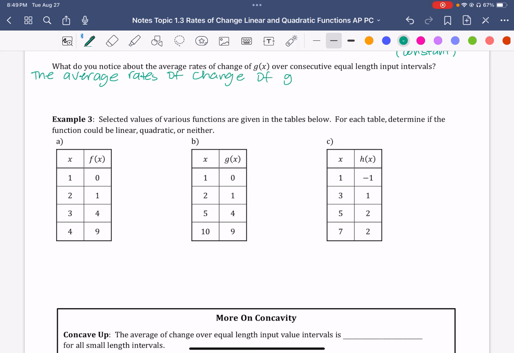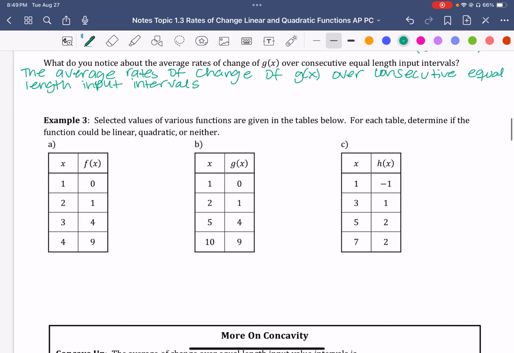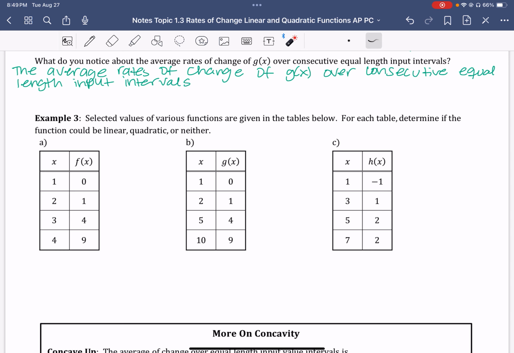of g of x over consecutive equal length input intervals. Okay, so remember, when you're given a free response question, all you're going to do is restate the question back to them. So actually everything that I've written is not even part of my answer. I have literally just restated this entire thing, the average rates of change of g of x over consecutive equal length input intervals. And then we're going to say are increasing